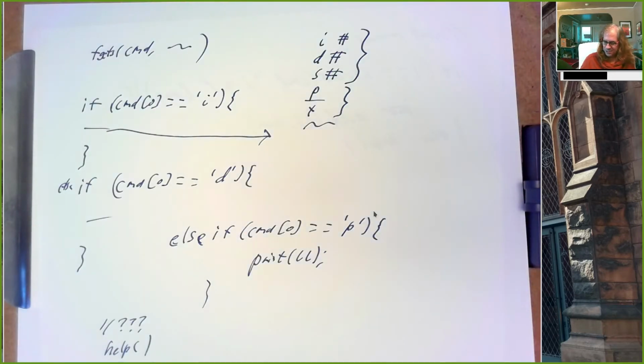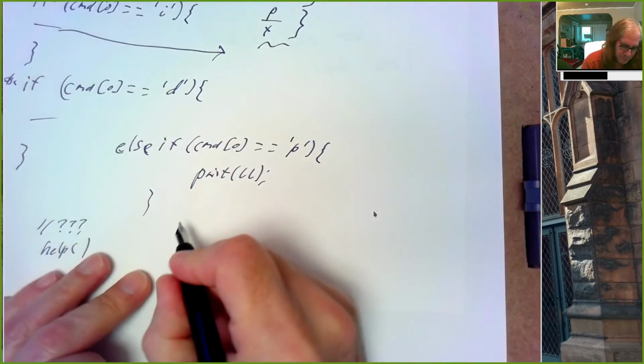You can try to do this with string compare, but that's a little bit wonky because fgets puts a new line at the end. So you'd need to deal with that, and then you could string compare command to P. But what you cannot do